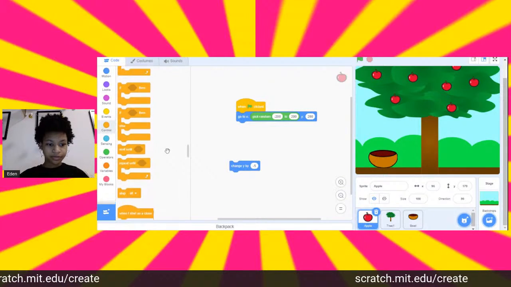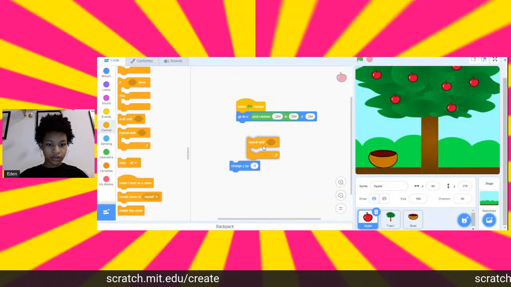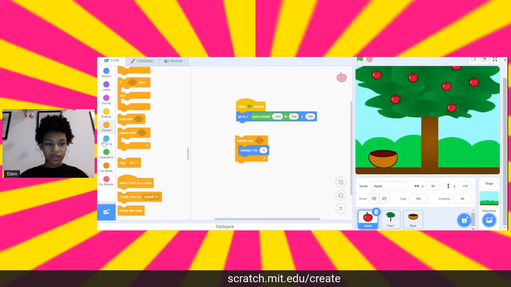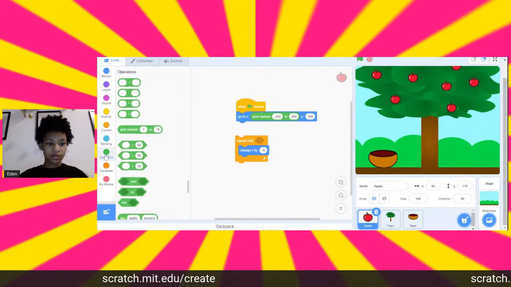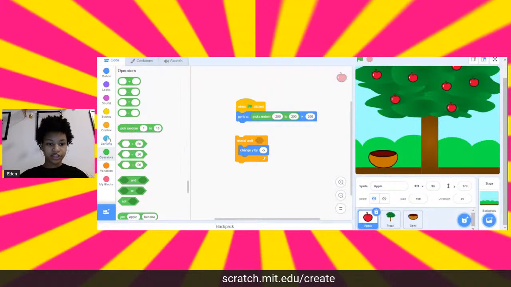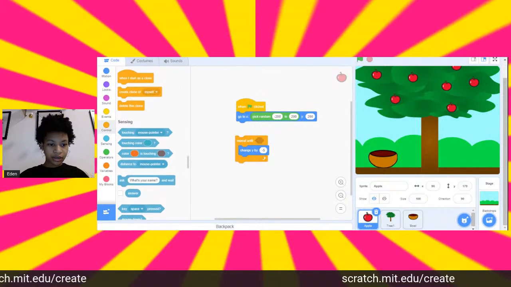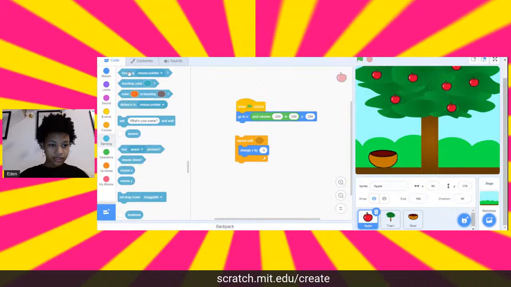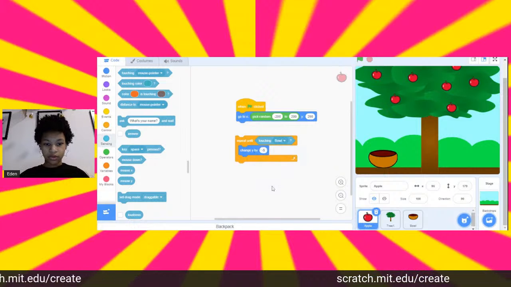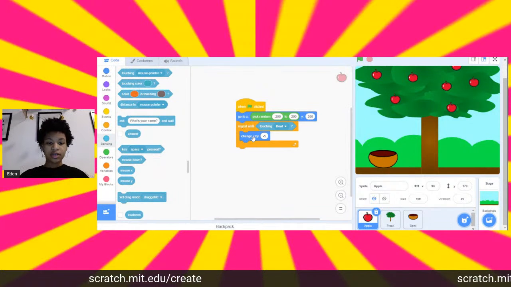Then we'll go to control, find the repeat until statement, and then put the change y by -5, and we will have it repeat until something happens. And the something that we want to happen to make it stop going down is when it touches the bowl, because that means that you've caught the apple. So let's see, repeat until touching, and then we'll click on the drop down and then do bowl. So we'll repeat changing down until it's touching the bowl, and then it'll stop doing that,